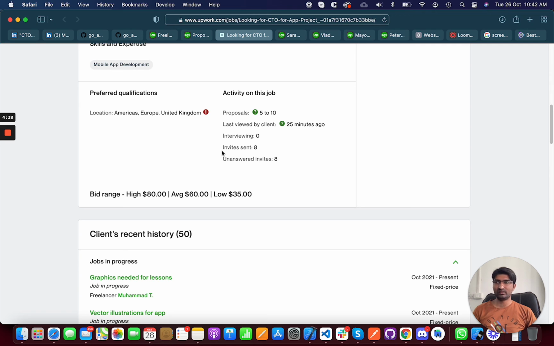These are the ways you can save your connections. First is the hire rate, what the budget is, and previous hires, like which countries the client is more interested in choosing freelancers from.